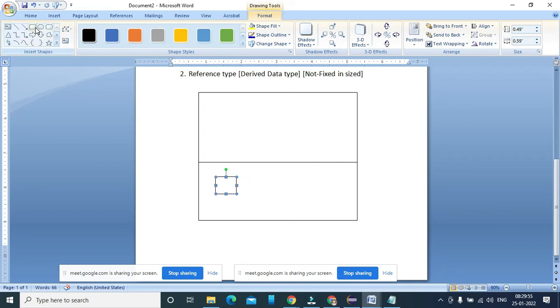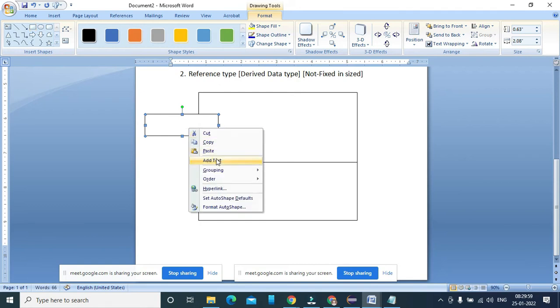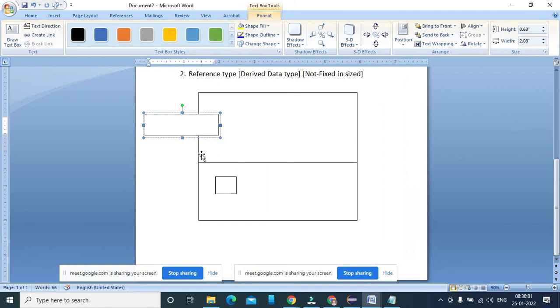If I'm declaring an array in Java, I have to declare it in this way: int number, and we are not putting any size here. Declaration takes place, and then I use new int with a size of 5.